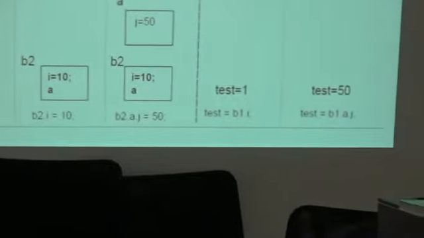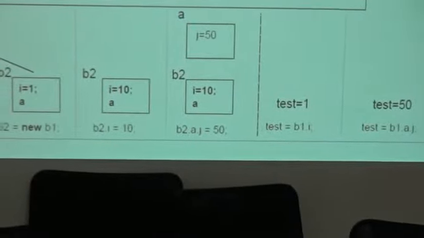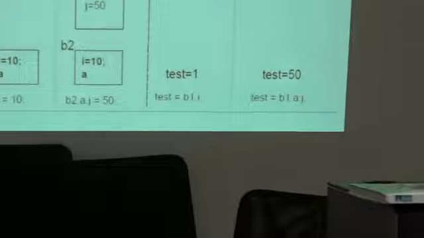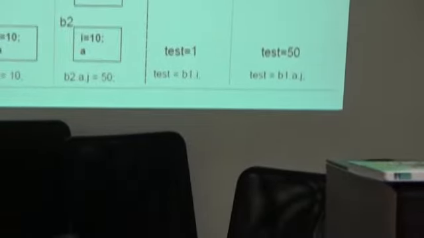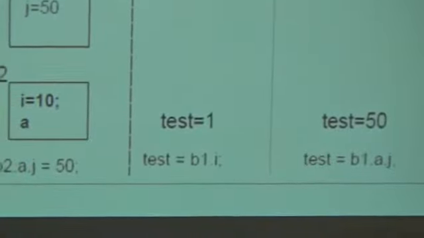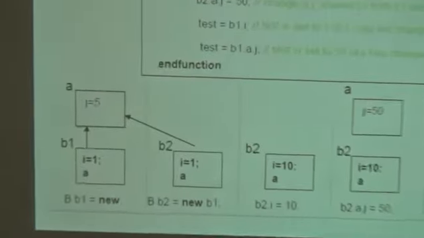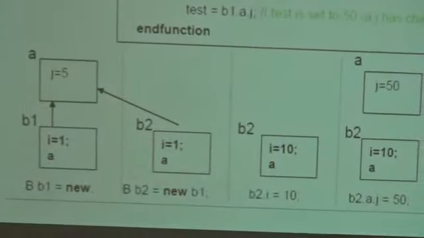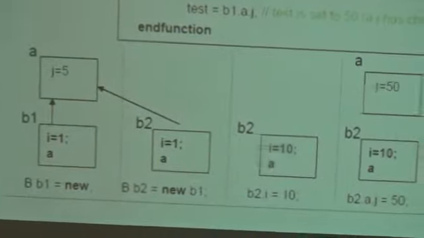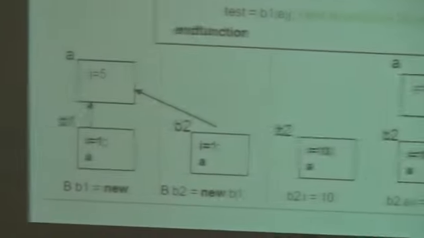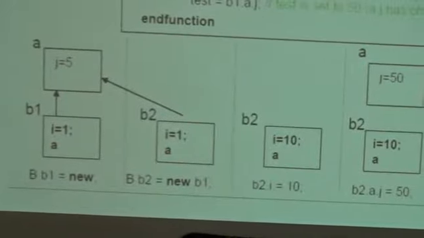Now we will check how it has its effect on the shallow copy. I have created the test. In this test, I have written test equal to b1.i. What is b1? b1 is the object handler of class B. In this object handler I have asked to print b1.i. In b1, the value of i is 1, so it will reflect here. So I have got the output as 1.